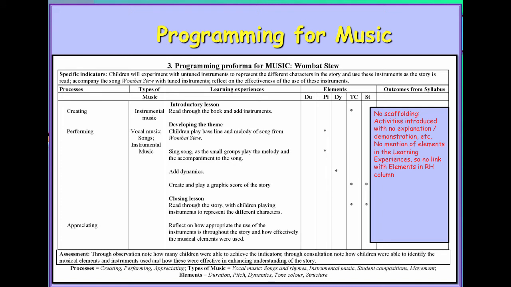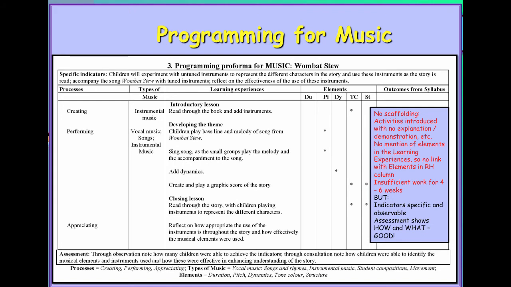There's no mention of the elements in the learning experiences. Tone colour is ticked in the first line, but it doesn't specifically say children will explore tone colour. There's insufficient work for 4 to 6 weeks. However, the indicators are specific and observable, and they link in with the assessment, which shows how and what, so